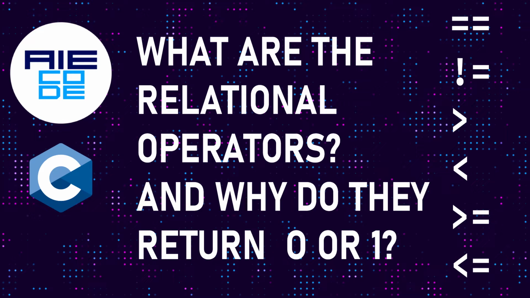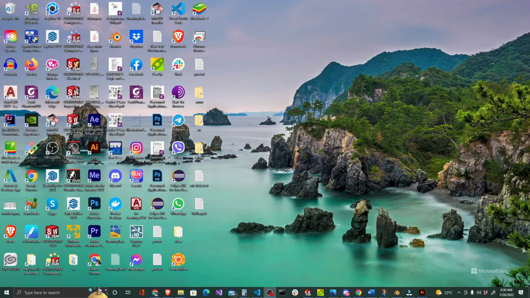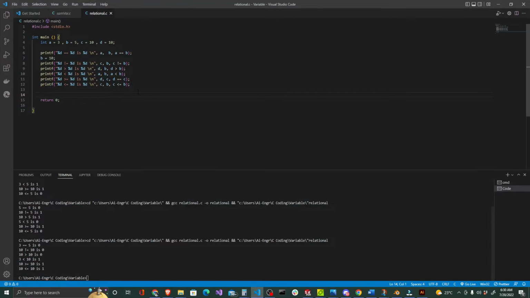Okay, so right now we're gonna discuss the topic about the relational operators in the C programming language. So what is a relational operator and how do they work? A relational operator checks the relationship between two operands, and as you could remember